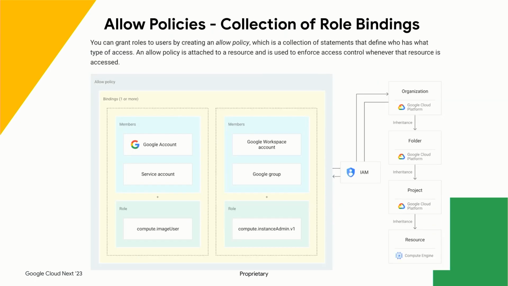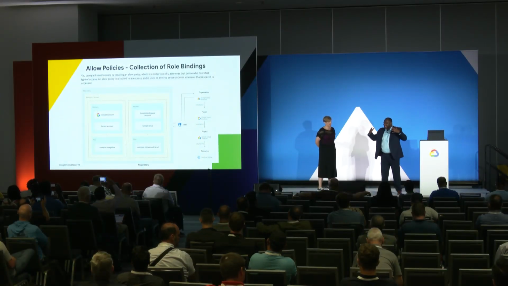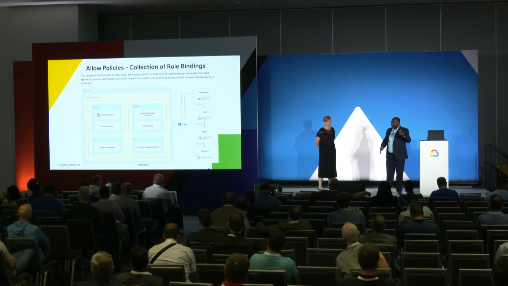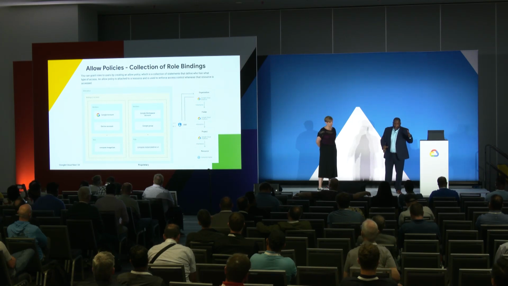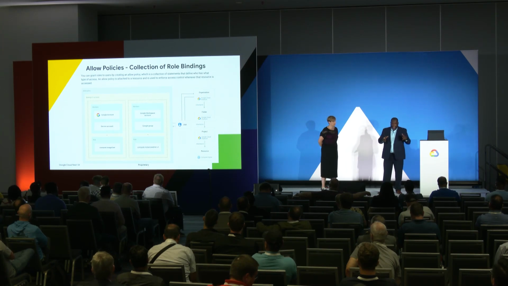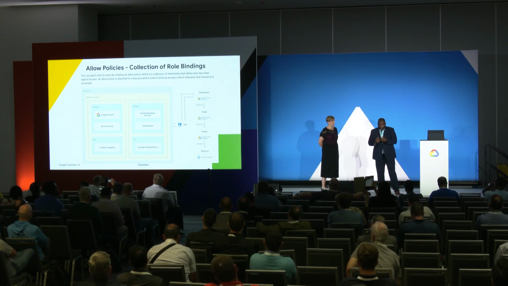So Michele started out in the previous slide talking about defense in depth. And most of the time when we think about IAM, we don't really think about the fact that we think about security writ large as a defense in depth approach. That's the best way to approach it. But in IAM, we even have defense in depth within IAM. And so the first thing we'll talk about are these allow policies. I spoke about it earlier. This is a collection of role bindings and the metadata that says what a person or an entity will be allowed to do.